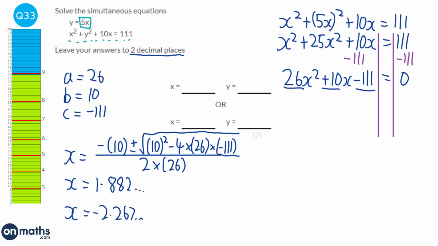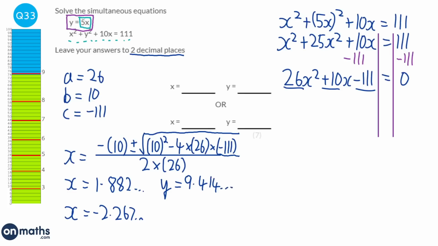But the problem is those are x values, and when we solve, we've got to also find out what the y values are. Well, we actually have a really nice way of finding out the y value, because if you look at this first equation, it says that y equals 5 lots of x. So all we need to do is multiply these x values by 5. So we're going to times that first one by 5, and we get